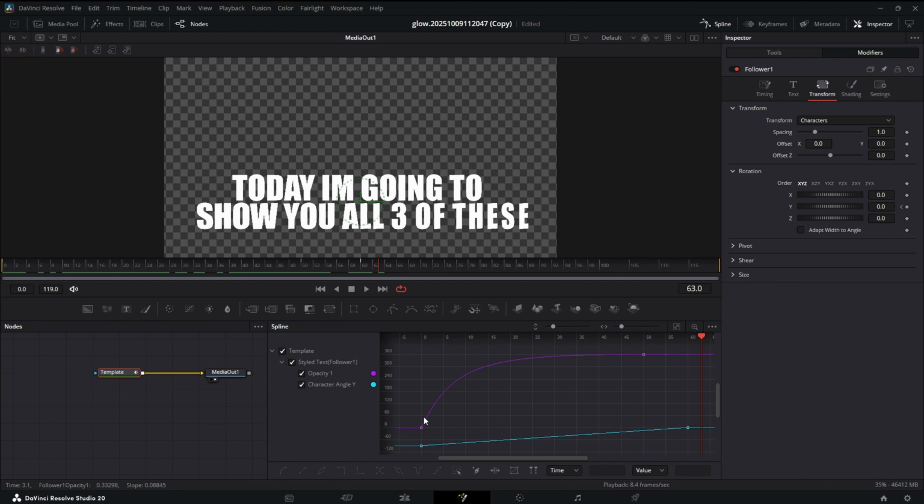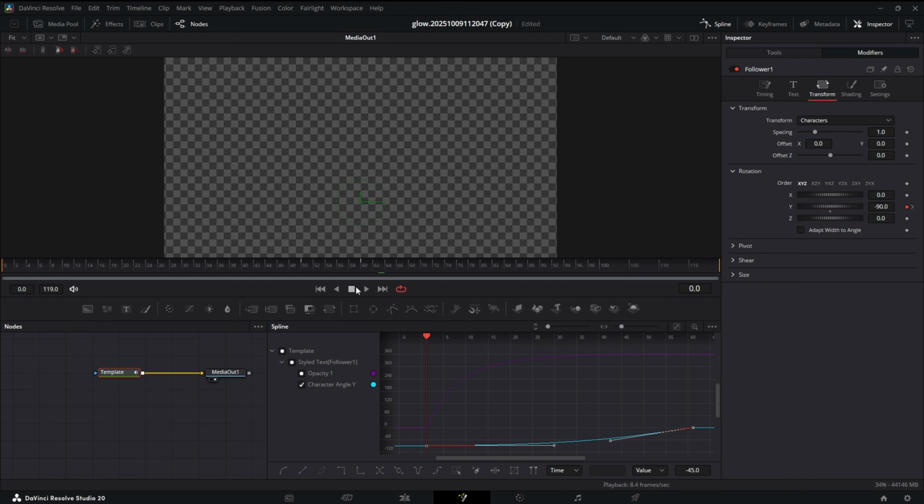Make sure all the keyframes are showing. And we'll uncheck opacity, select our keyframes for just the Y angle, smooth that out. And let's make it the opposite of our opacity slider. So we should end up with something like this.